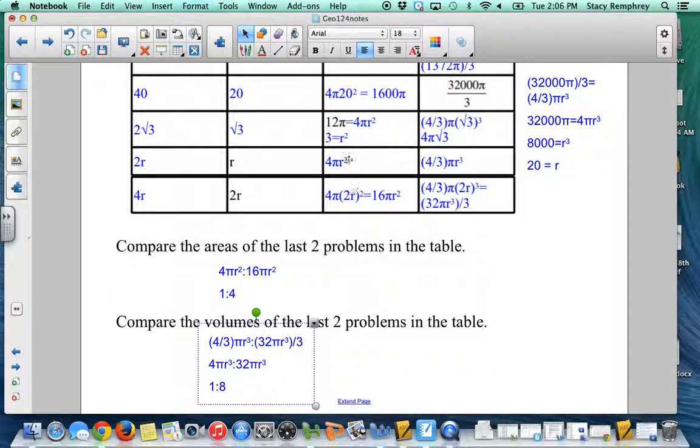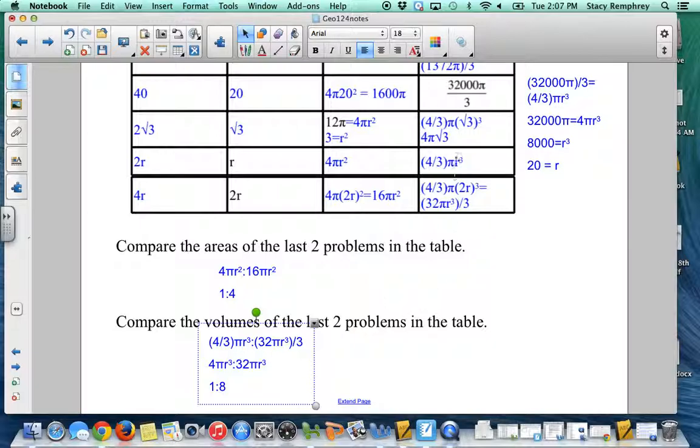Then down here is where I compared the areas. The first was 4 pi r squared. This one, remember when you're squaring 2r, it's 2r times 2r, so it's 4r squared multiplied by another 4. That's where that 16 came from. When I reduce that, I divide both sides by 4 pi r squared. I get a 1 to 4. So when I doubled the radius, the areas were in a 1 to 4 ratio. And that's probably not too surprising to you. If they had a 1 to 2 scale factor, they have a 1 to 4